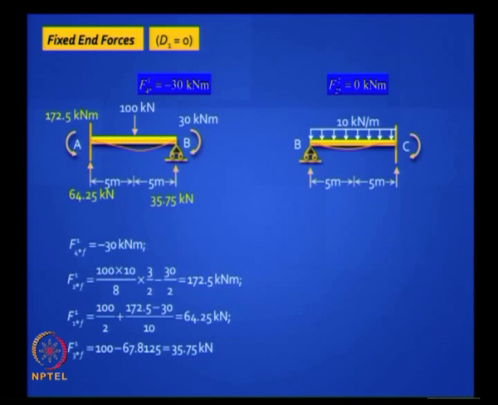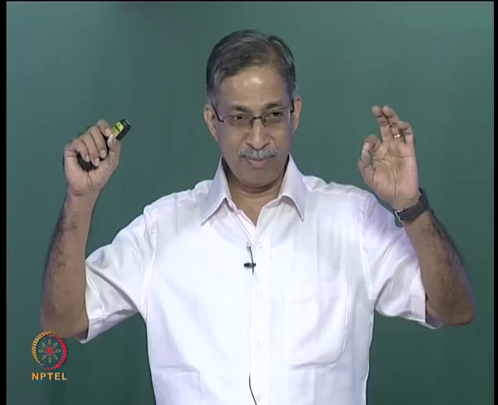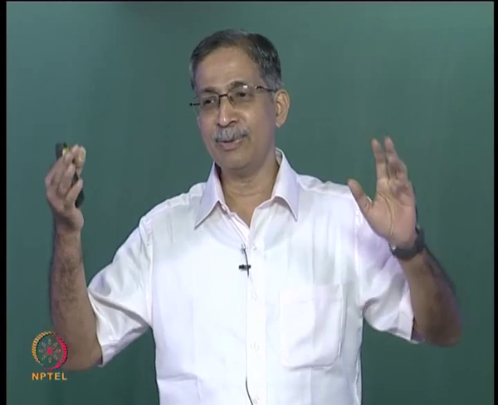Similarly you do for the second element, take advantage of that hinge. Tell me what is the formula for that fixed end moment? WL squared by 12 is the standard formula, times 3 by 2, that is 1.5 times, which works out to WL squared by 8. You know how to do all those calculations, and the moment at B is 0. You have got the fixed end forces, what do you do next?